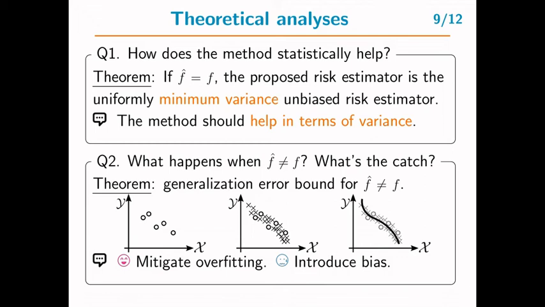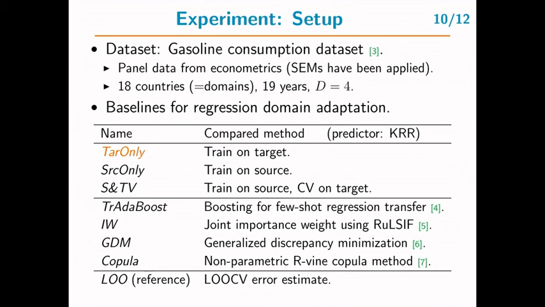Of course, the estimation of f is almost never perfect because we are estimating it. In this case, a trade-off appears. We capture the trade-off in the form of a generalization error bound in the second theorem. For its details, please see the paper, but we can interpret the theorem as follows. The inflated data allows us to fit more expressive predictors by reducing the fear of overfitting. However, if our estimation of f is highly inaccurate, then the pseudo data appears in very wrong locations, introducing bias in the risk estimator.